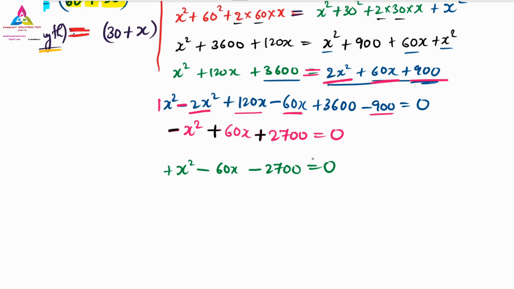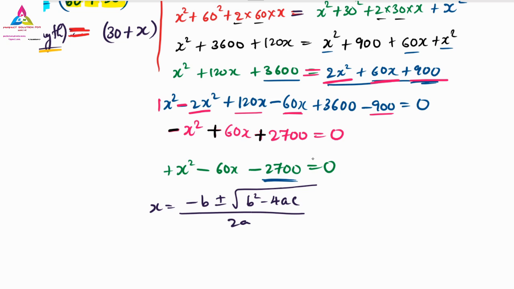So now let us go through the factor method. Some of you are going here, some of you are saying formula method. So it is better to go with the formula method. But you see here the big number we have. The C value is a big number, so you may get a wrong answer also. So it is better to go with the formula method. Minus b plus or minus root b square minus 4ac, whole divided by 2a.